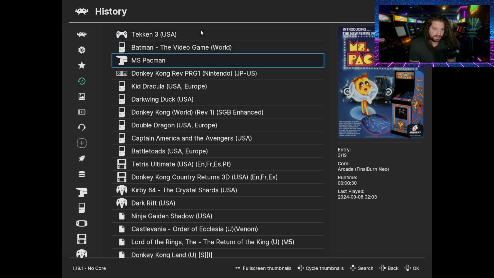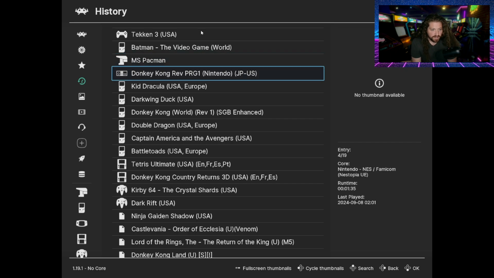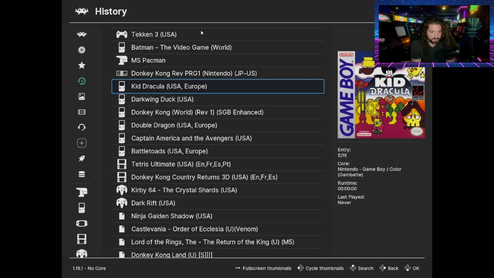So what I've been playing lately, like I popped on Miss Pac-Man earlier, but that's actually, for some reason, a Genesis game, but it popped up under my arcade games. So I think it was trying to use, I don't know, it was weird. So I didn't have the same amount of capabilities of making adaptations to it like I did with other games. So